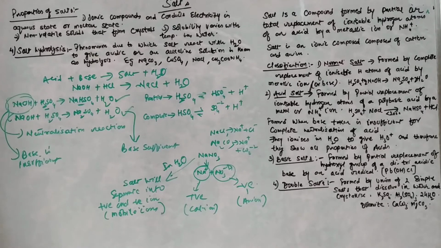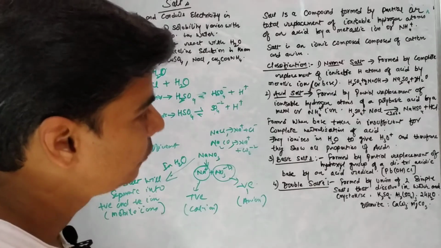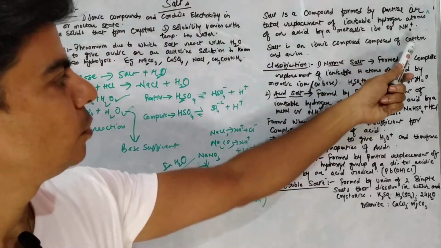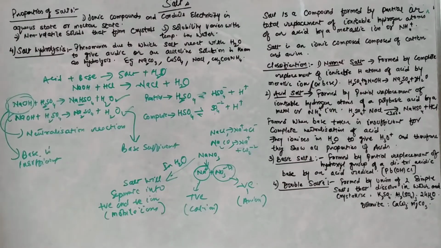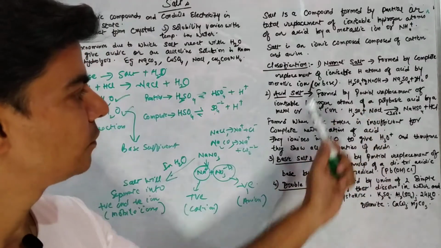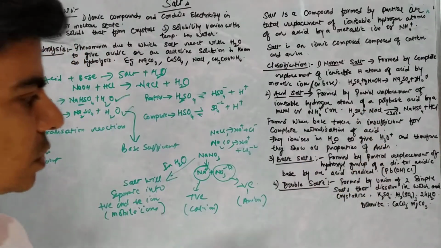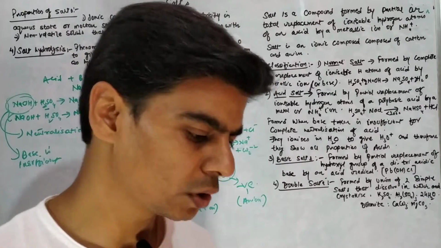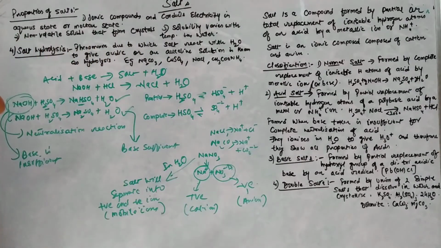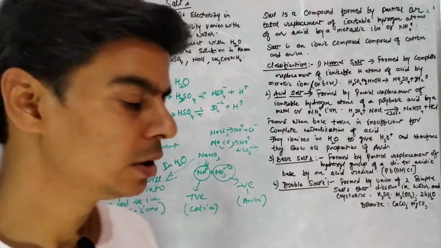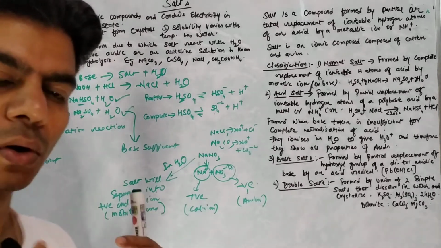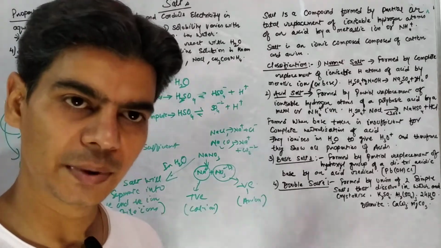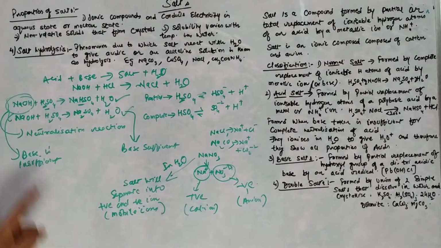Now we will go through it. Salt is an ionic compound composed of cation and anions. We have covered all these things. Now, classification of salts. We have normal salt, acid salt, basic salt, and double salts. So what is a normal salt? Normal salts are those salts which we have studied here, which are formed by complete neutralization of an acid by a base. When base was taken